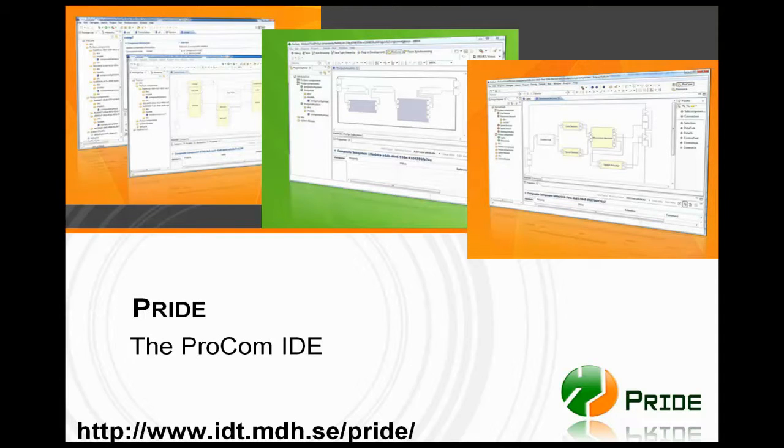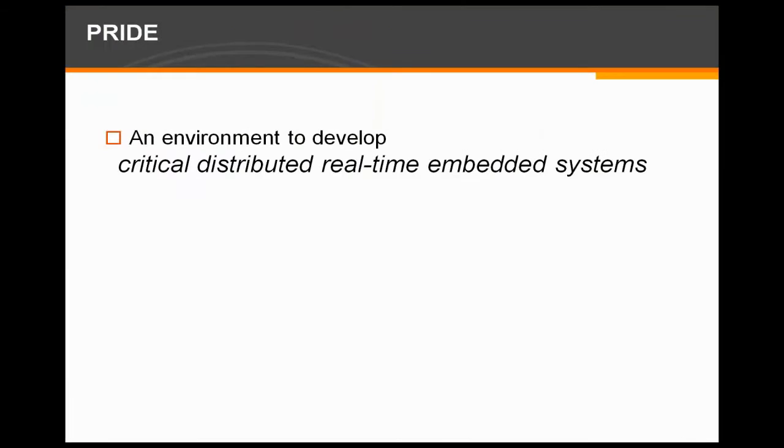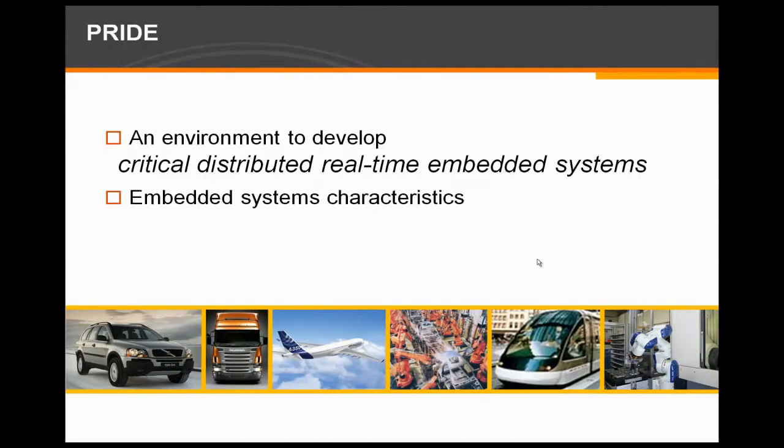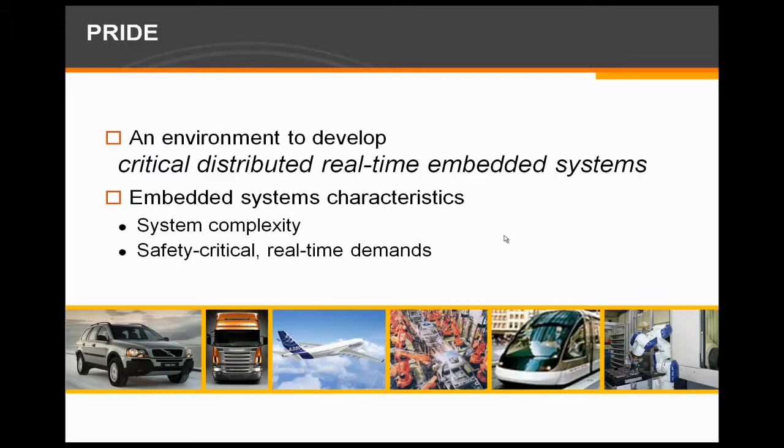This video will present the PRIDE tool, which is an environment to develop critical distributed real-time embedded systems. These types of systems are found, for example, in cars, planes, and industrial robots. Their main characteristics are their inherent complexity, their safety critical and real-time demands, and that the system resources, such as